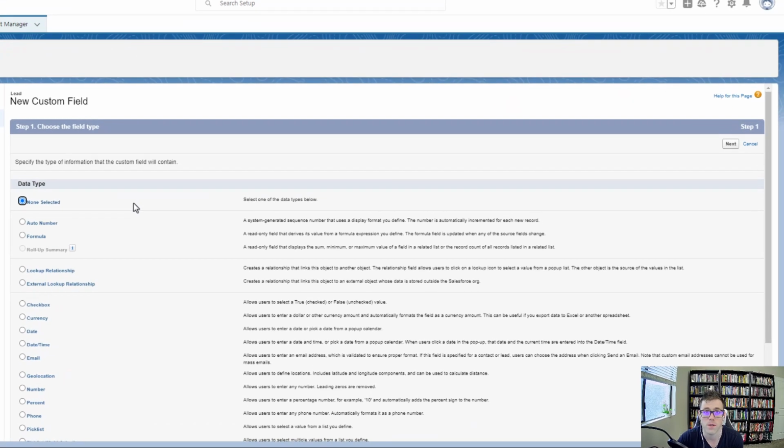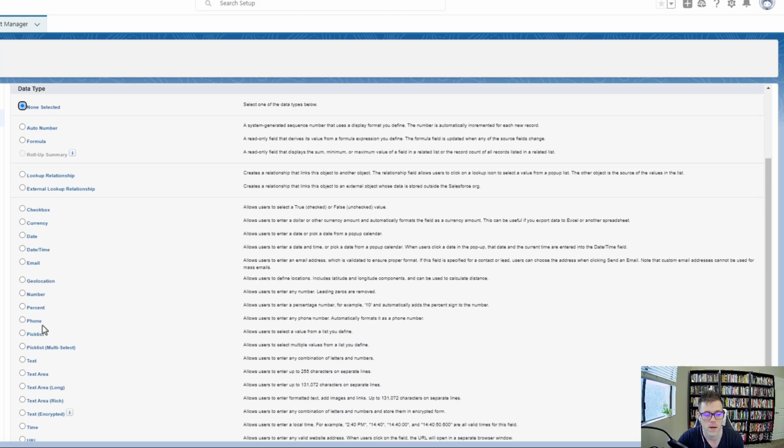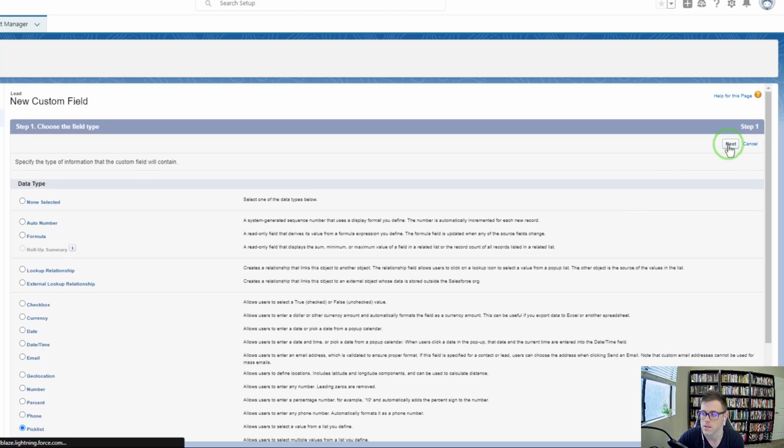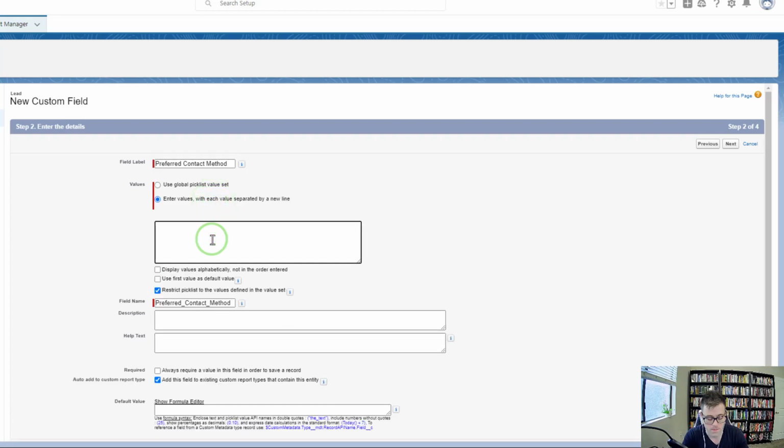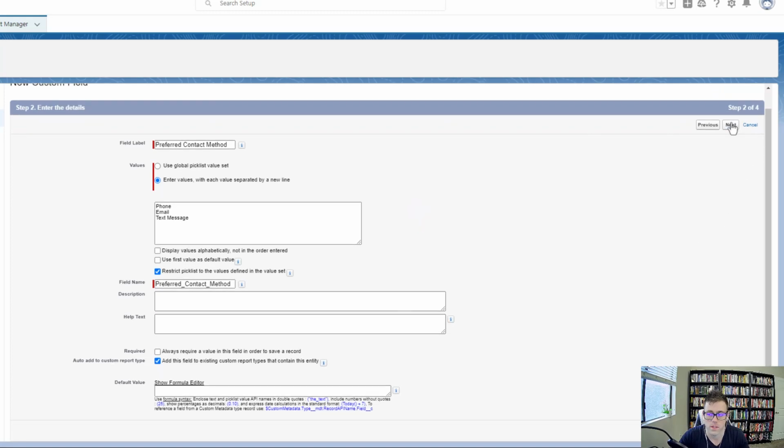And the first field that we need to create is the pick list field for the preferred contact method. So I'm going to scroll down, and I'll select pick list, scroll up, press Next, and this will be called, as I just said, preferred contact method. And then we'll enter values with each value separated by a new line, and we'll just say phone, email, and text message will be the three values. And then I'll press Next,